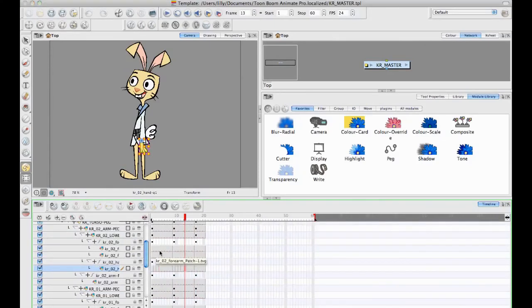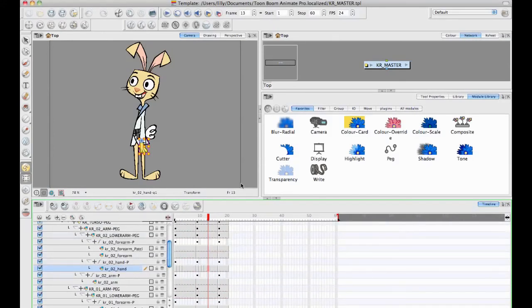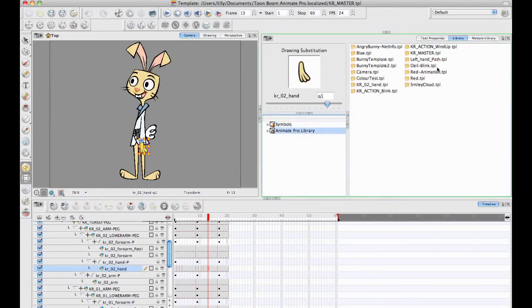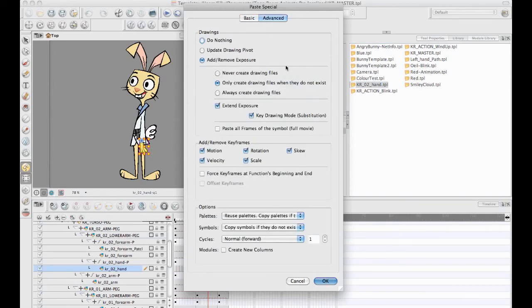And so I just want to make sure that I find the hand layer, because when you add drawings in, you do have to add them into the layer where they belong. So now if I go to my library, I can look for the hand template that I created earlier, and I can drag and drop it in. I'm going to hold down Control when I do so, though, and I'll go into the advanced options, and I'll make sure that I always create drawing files,